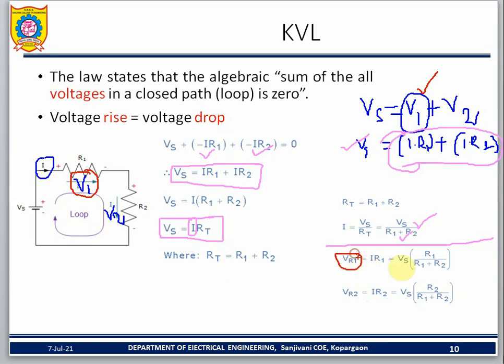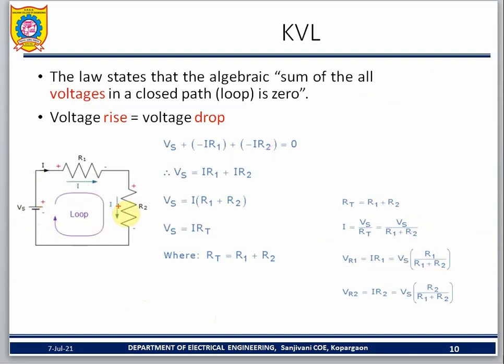How to find it? Generally, it is I into R1 by Ohm's law. Here two resistances are there, and the I value you don't know. Then how to find out? Use the supply voltage Vs multiplied by R1, divided by total resistance. I will repeat again. Find out the V2 fast.